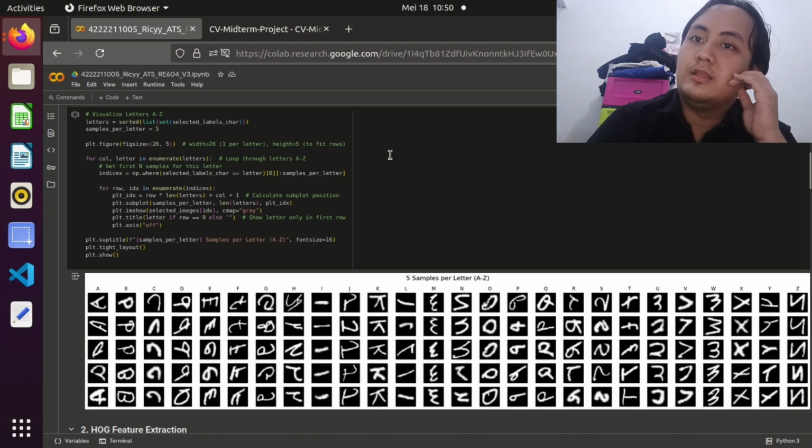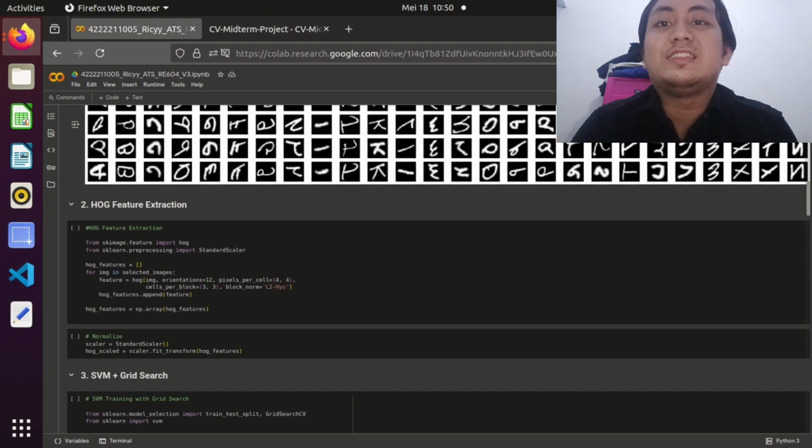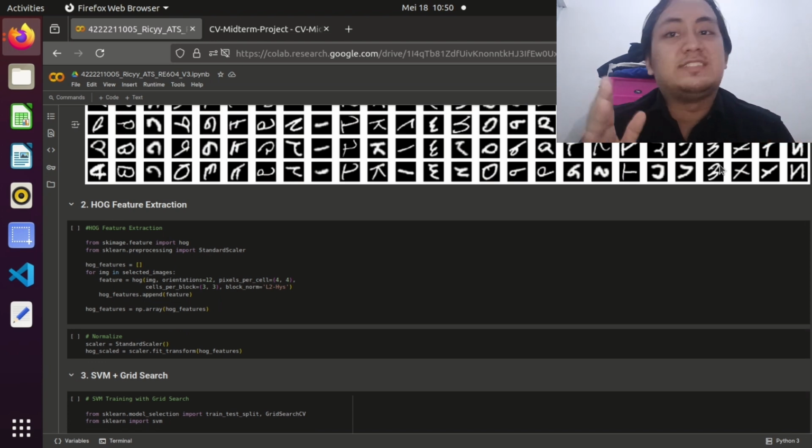To reduce the training time and balance the dataset, I only use 100 samples for each letter, so there will be 2600 samples.